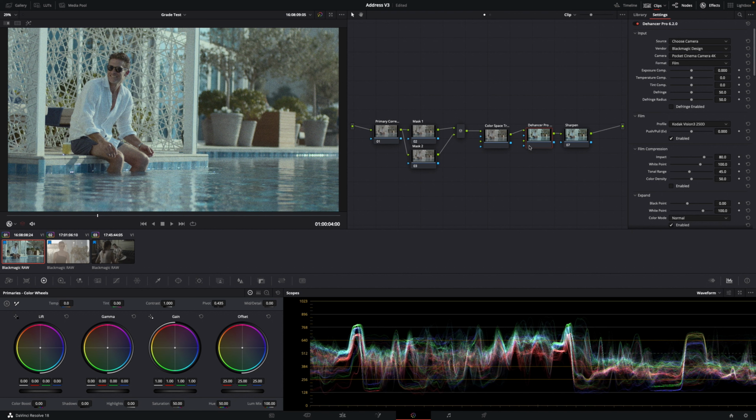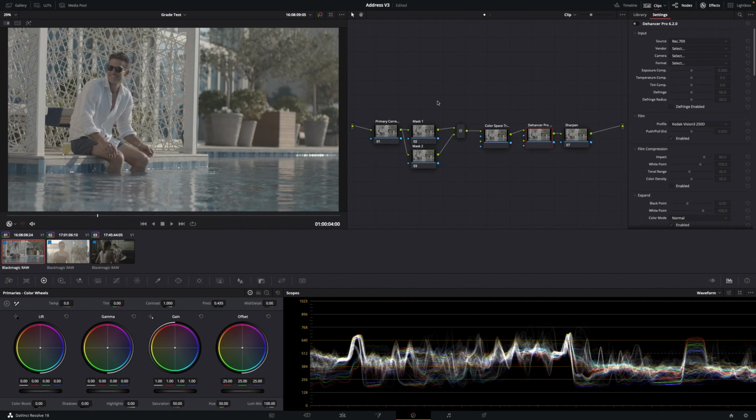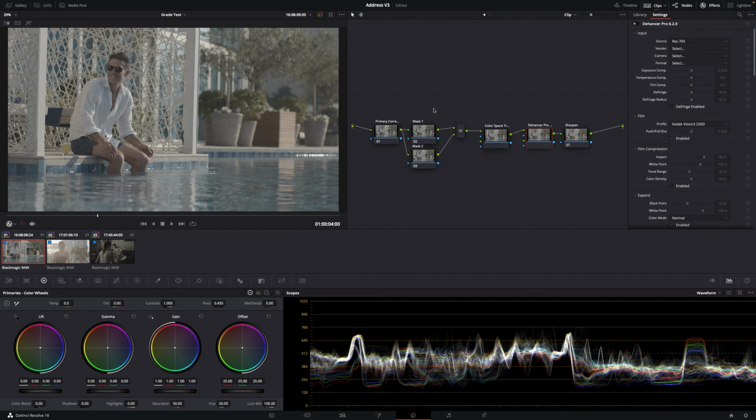It's just more down to what you're used to doing and what you prefer. So the node tree. Now this, once again, isn't a requirement. You don't have to do this. It's not like, if you don't do this, it's not going to work. You could, if you wanted to, have none of this and literally just use Dehancer Pro on its own, and you could do pretty much everything from within here. That is totally possible. But it's probably a good practice to get into the habit of doing proper node trees,